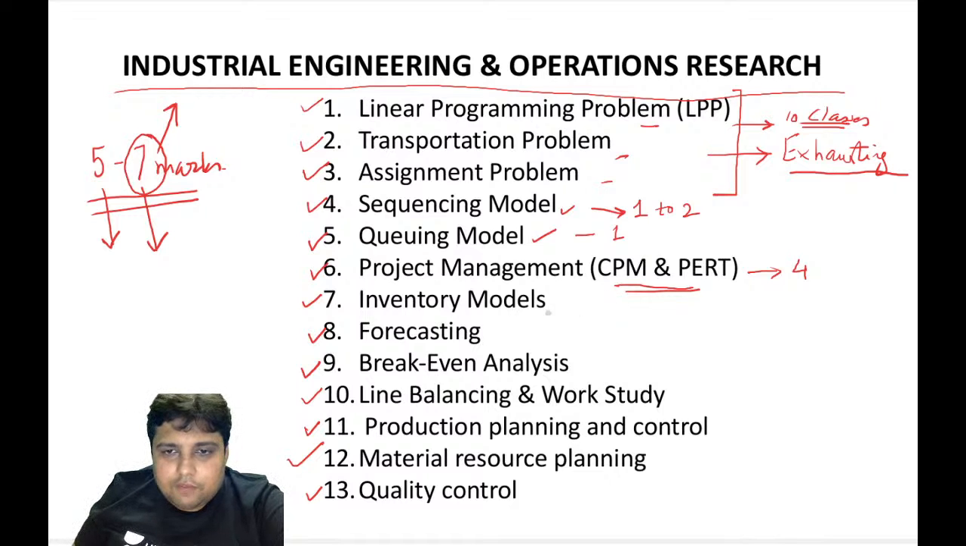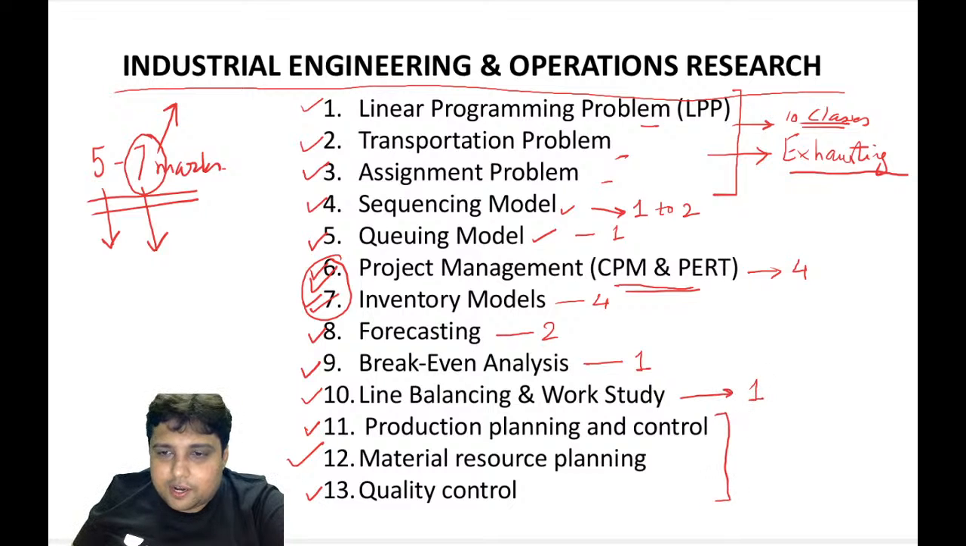Then the inventory model, again it will take 4 classes, a very important and very interesting topic. Both project management and inventory model are very important. Forecasting will take 2 classes, break even analysis, a very interesting topic, 1 class. Line balancing and work study will take 1 class, and production planning control, material resource planning, and quality control will take